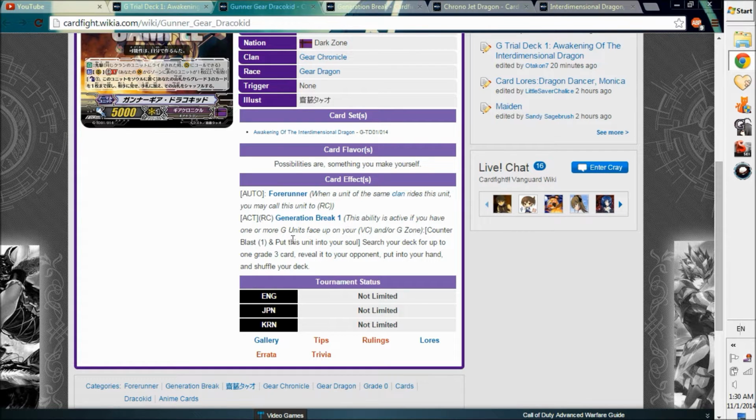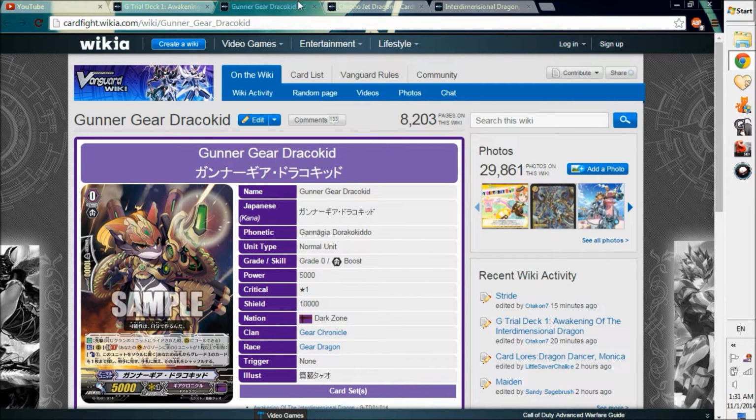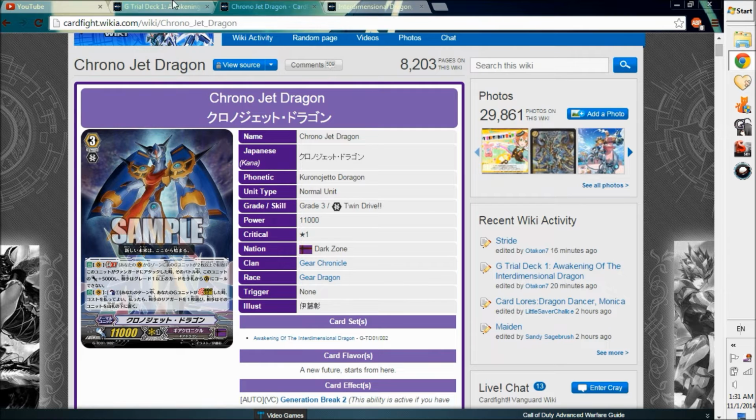So Generation Break 1, Counterblast 1, put this in Soul, search your deck for up to 1 grade 3 card, reveal it to your opponent and put it in your hand, then shuffle your deck. This is really good because you get to search for your Chrono Jet Dragon or whatever. So not bad for a starter, for a trial deck. Now we look at Chrono Jet